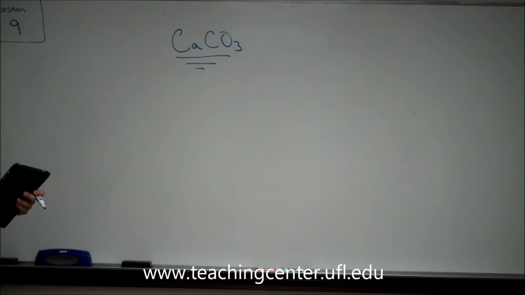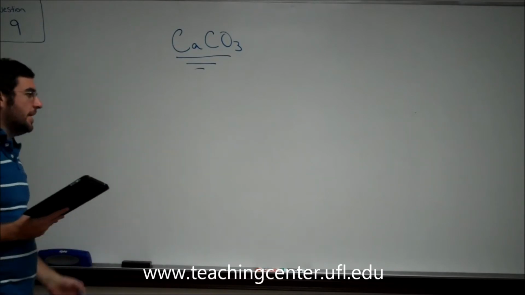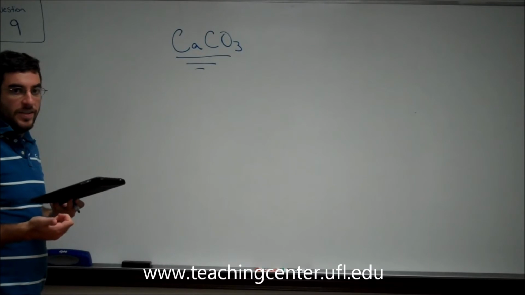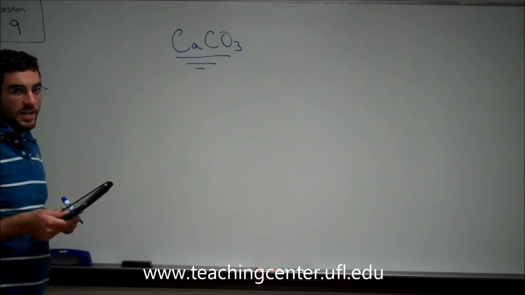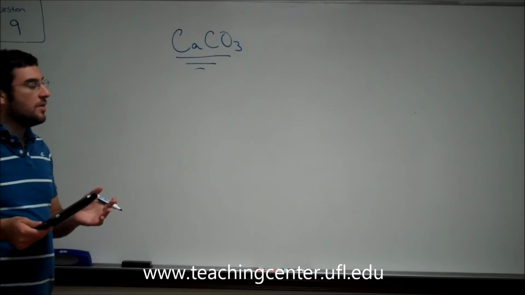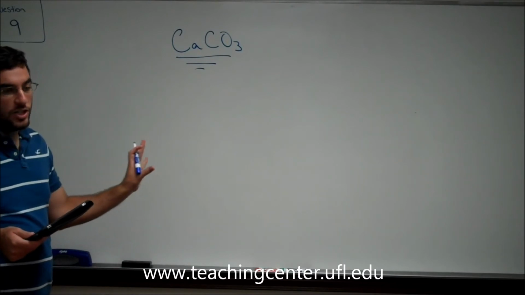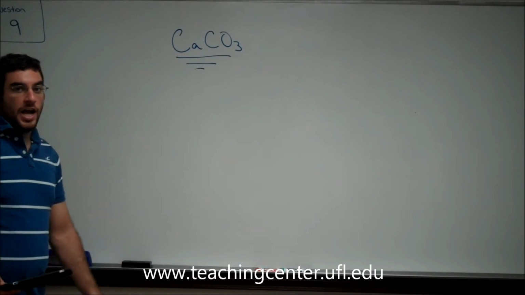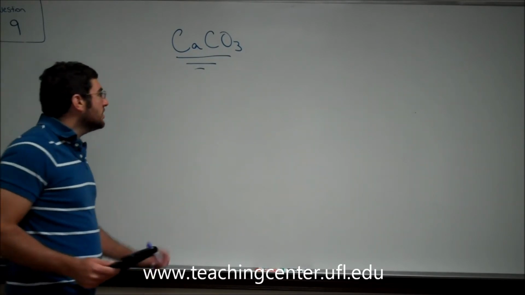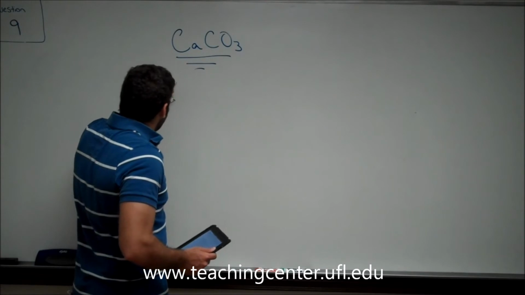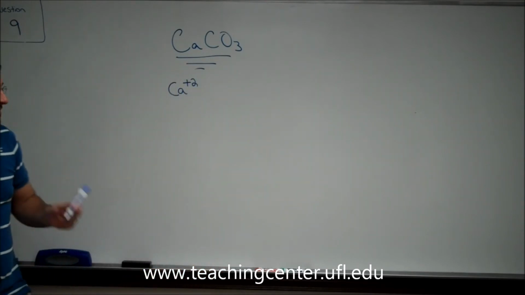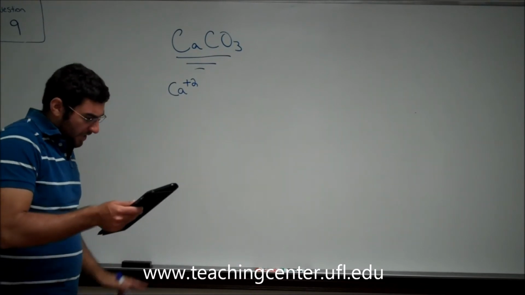So, one way to understand if something is an ionic compound is to know the electronegativities, which many times will not be provided on the exams, but anything with an electronegativity difference of 1.4 or greater would be an ionic compound. But also, if you can recognize that calcium is one of our alkaline earth metals with a +2 charge, and